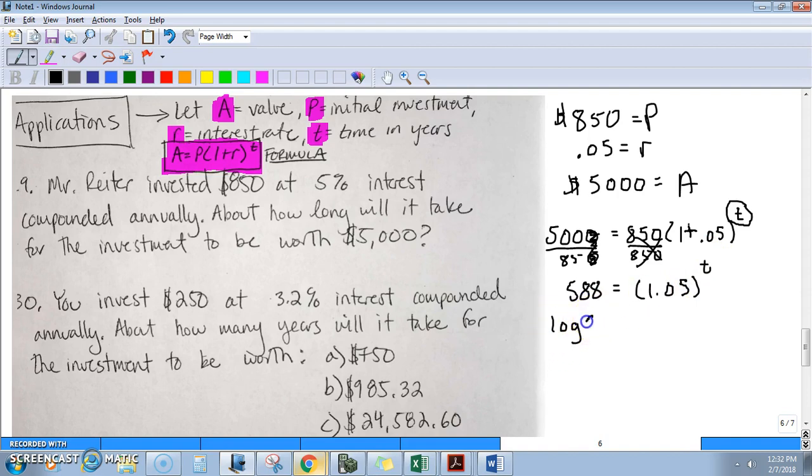And I'm going to do 2 steps at once, you guys. I'm going to say this is equal to t times the log of 1.05, which is just a number. So we just divide both sides by the log of 1.05